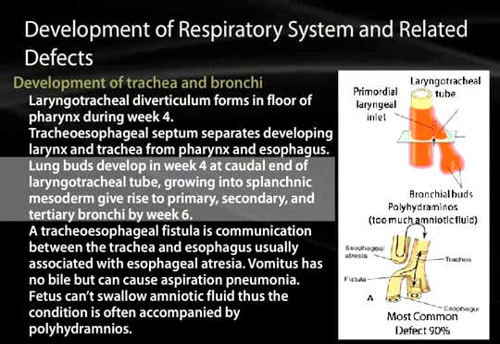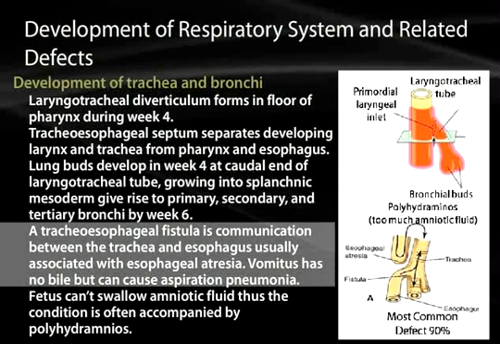This lung bud that's going to come off at week 4 will start to grow and bifurcate, and it will grow into the splanchnic mesoderm, which will give rise to the smooth muscle associated with the areas of the tertiary bronchi. That happens by around week 6. The tracheoesophageal groove may not join properly with the distal esophagus at this point, and you can end up with a tracheoesophageal fistula. And this will be a communication between the trachea and the esophagus, which is often associated with